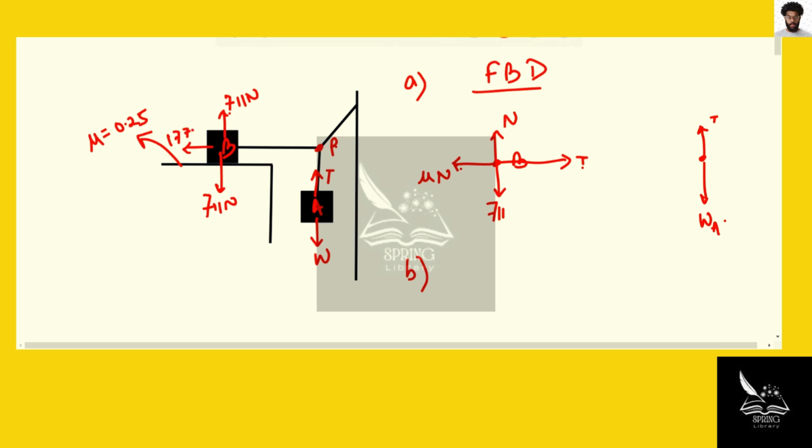and the friction force will be 0.25 times 711, that's 177.75 newtons. That's the friction force. So here we can say that for the tension, let's take this tension as T1 and this tension as T2. So T1 will be equal to 177.75 newtons. And now let's say here we have another tension, that is T3,